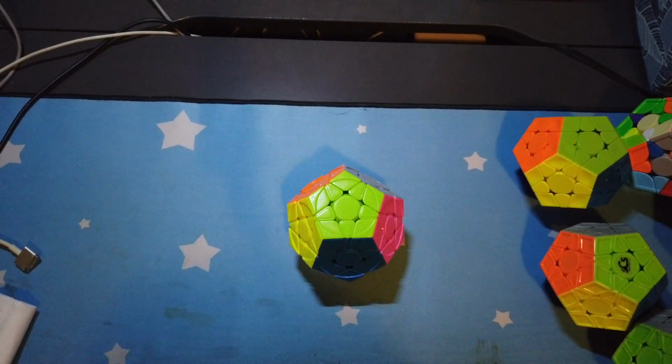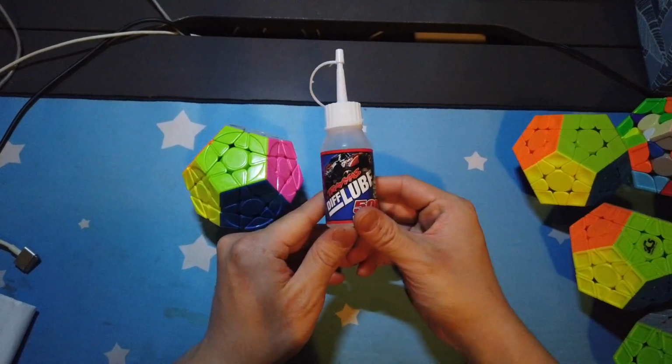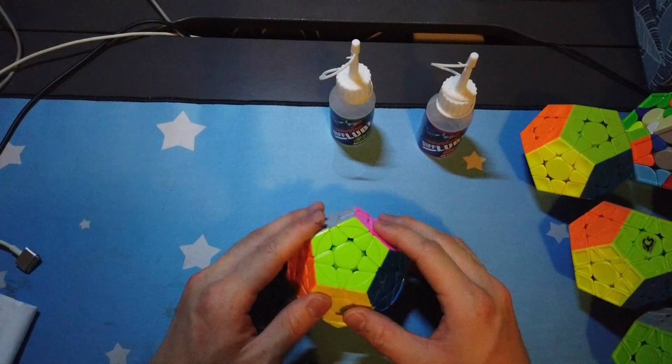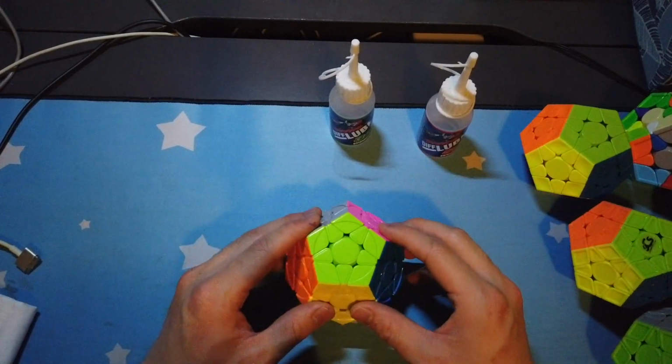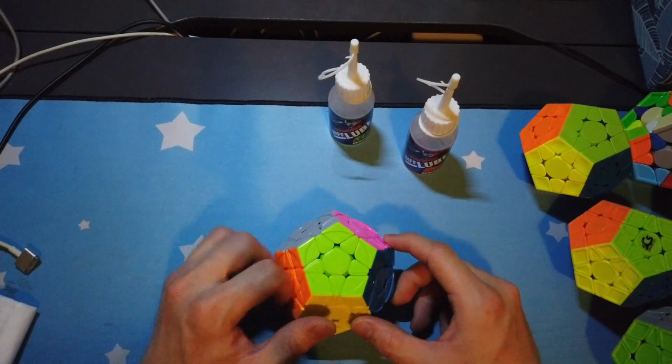So when I took down the puzzle, I used Traxxas 50K to lube the core. I decided to put in some Traxxas 30K. You don't need to put a lot. I think I put only about 2 lines. So what I wanted to do next is slow it down a little. So the thing I did was I basically applied